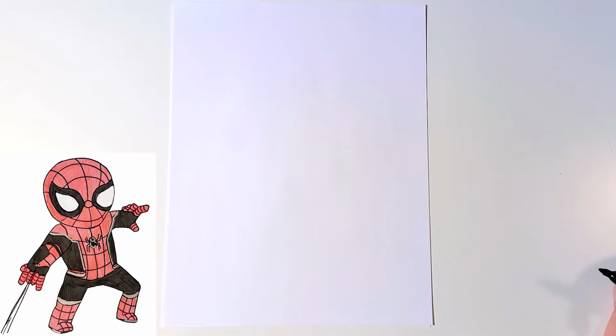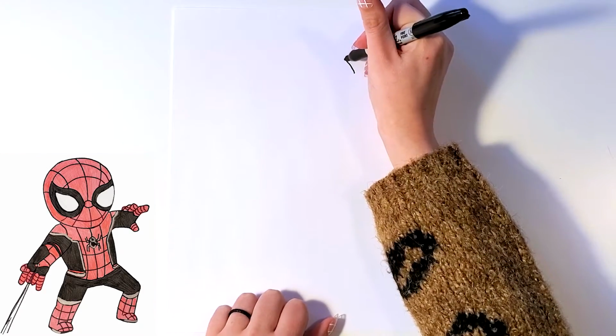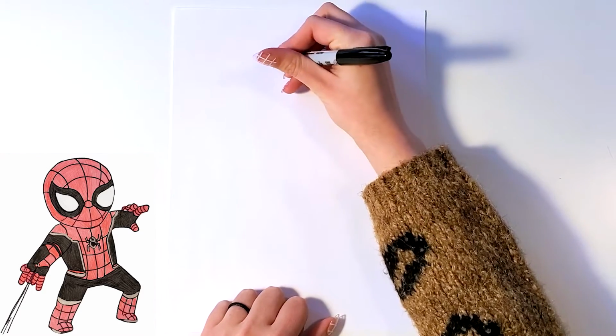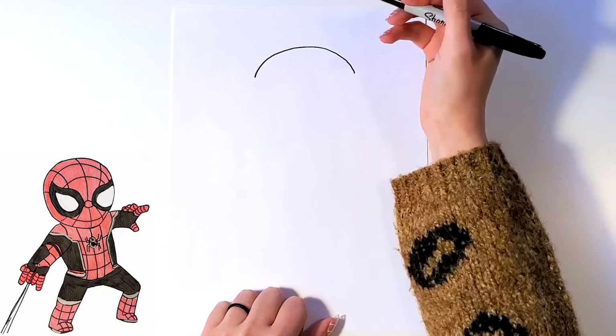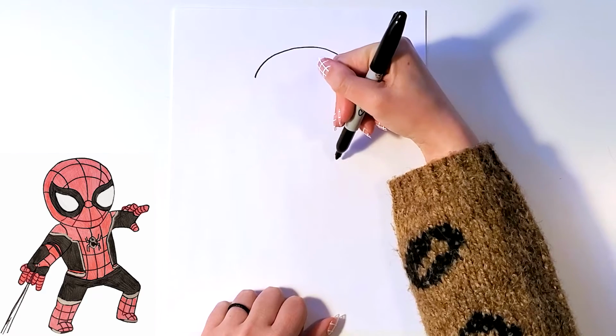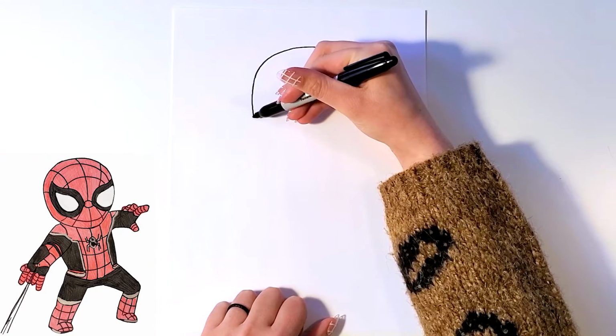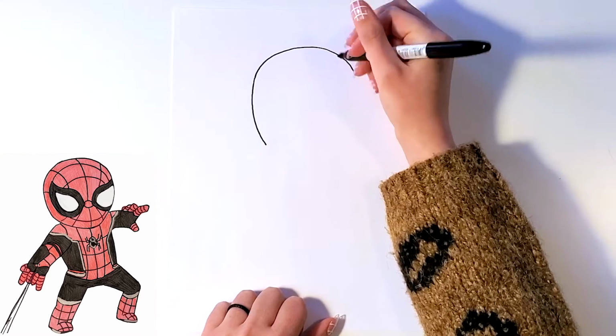So the first thing we're going to work on for our Spider-Man is the head, and we want it to be a little bit pointed at the bottom. So I'm going to start near the top and make a curved line like this, and then for the bottom we want to have it pointed, and it's kind of pointed on this side a little bit more. So on this side we're going to have it kind of curve in a little bit,